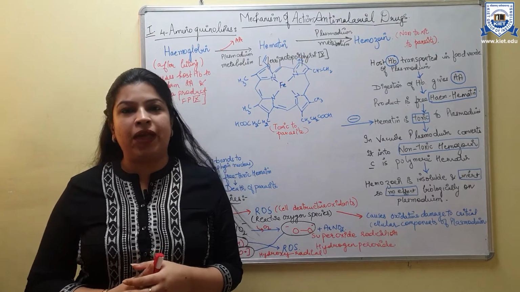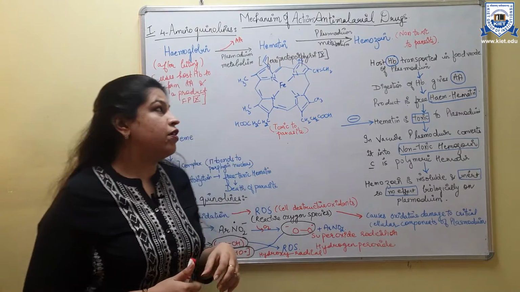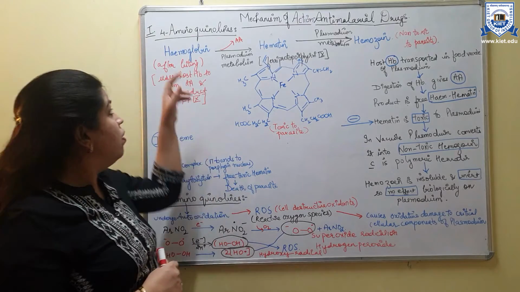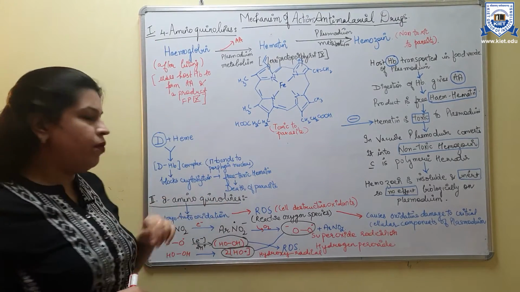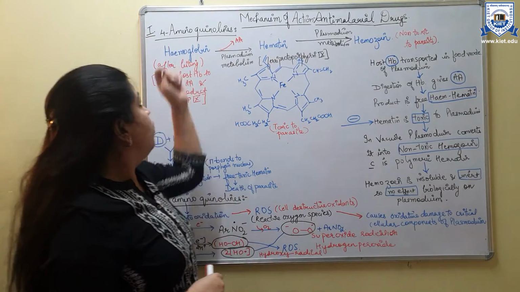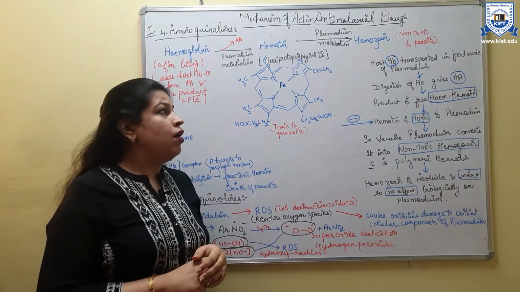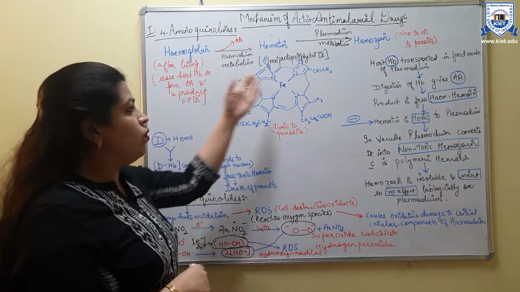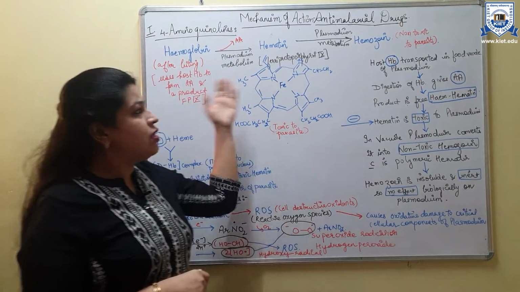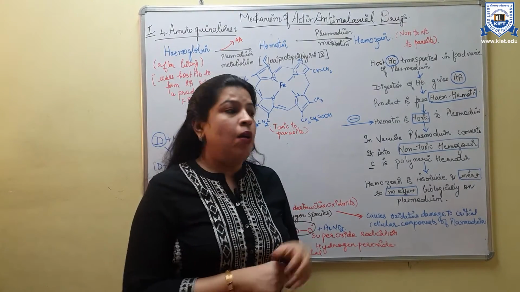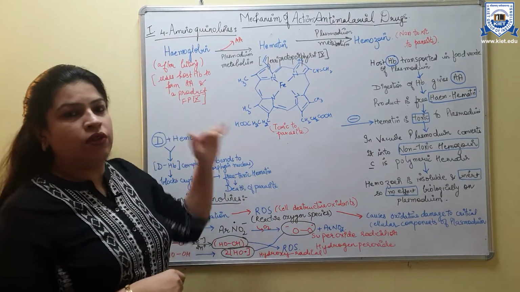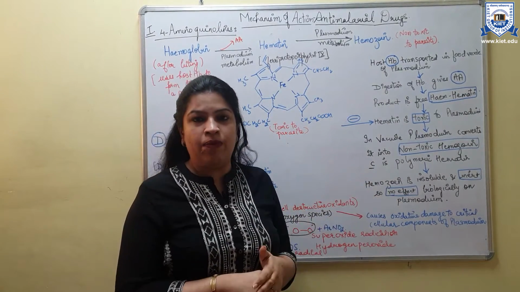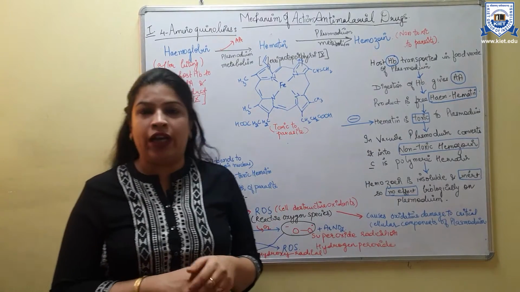Students, today we will see the mechanism of action of anti-malarial drugs. First of all, we are seeing the mechanism of the main classes, that is the 4-aminoquinolines and 8-aminoquinolines. When malaria occurs, it goes through a series of reactions, but when we give a drug to inhibit this infection, one of the steps going on when we are not taking a drug is inhibited.